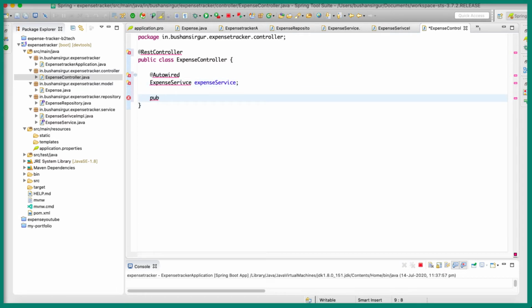Next, let's go ahead and create a handler method, public, and this is going to return the ResponseEntity, the list of expenses, and I'm going to call this get. And I'm going to add the request mapping, which is, since this is a GET method, I'm going to add the @GetMapping annotation.